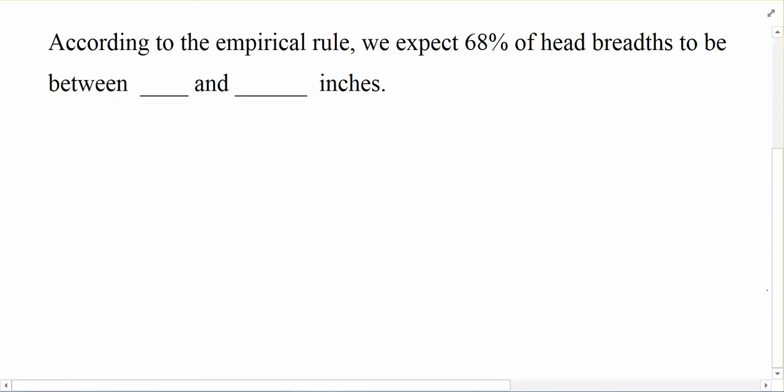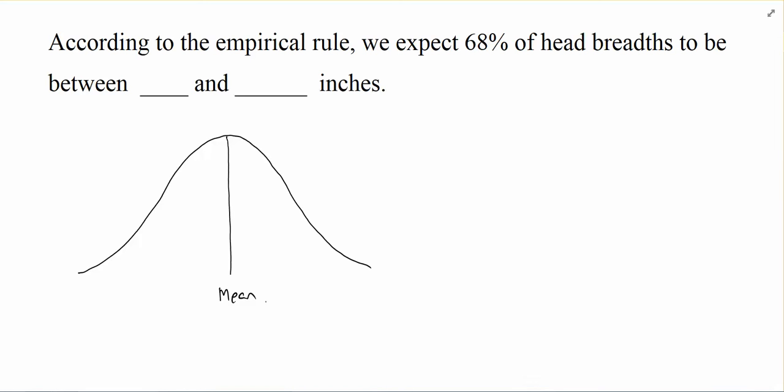And so by normally distributed, we mean if we looked at the histogram, it would look sort of like this, where the mean of your data set is right here in the middle, and most of the data is clumped together near the mean. And the further out you get from the mean, the less data there is.